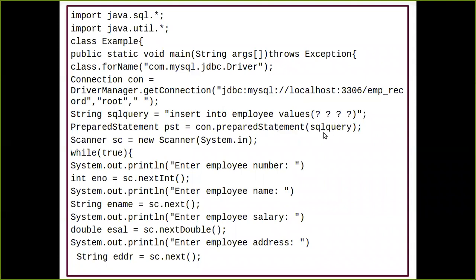Now your prepared statement will understand that it is carrying one dynamic query which it wants to fire to the database. And what query is being fired? It's an insert query. So the program will understand that it has to insert the values into the table called employee, and that table is present inside the emp_record database with these credentials.